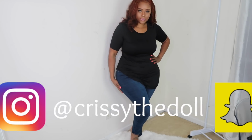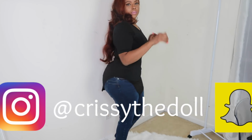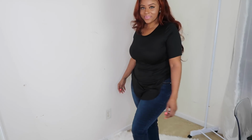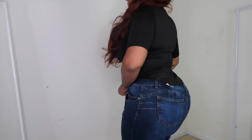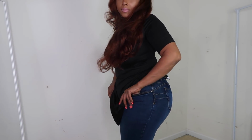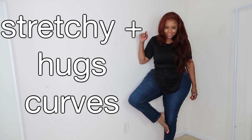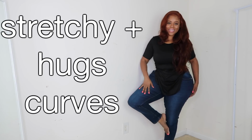And just like the previous jeans, these are very similar. So they are skinny jeans, they fit really snug, but they are comfortable. These are in the darker color denim, but again with the pleats on your booty area to help push up and shape your booty. So far so good. I would recommend these. Now, as you can see, they are stretchy. I love how they hold my curves. They're a little bit bigger on my ankles than I'm used to, but they're